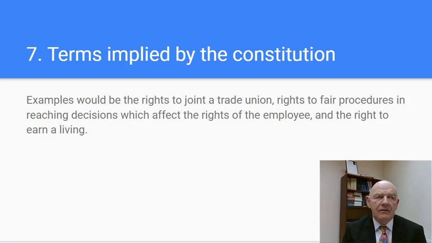would be those that derive from the provisions of the Constitution. Examples of this would be the right to join a trade union, the right to fair procedures in reaching decisions which affect the rights of the employee, and the right to earn a living. So the right to earn a living might come up in relation to